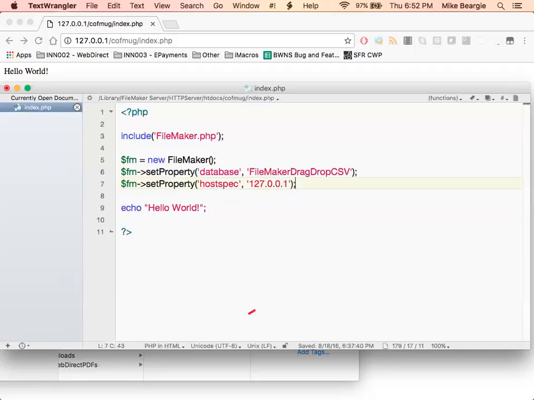If you are connecting to another server, like if you're hosting your PHP code on another website and you want to connect to your FileMaker server somewhere else, this would be your WAN IP address, your external IP address. Or this could be a DNS address, like FileMaker.whateverdomain.com, you could drop that in here. That's just the server address from FileMaker. And then the next two properties are the username and password. So it's a property, it's going to be username, and it's the name I put in, and